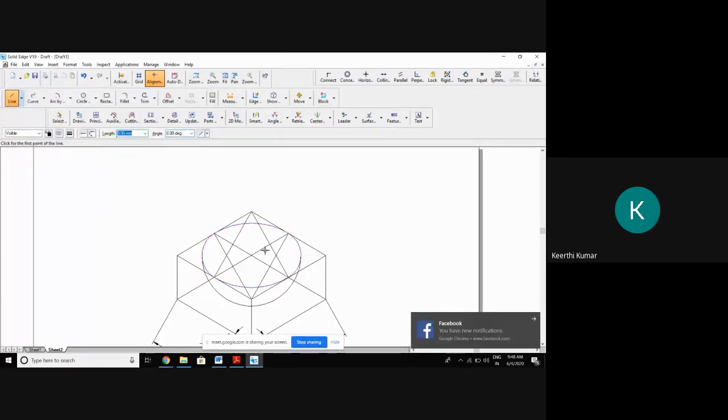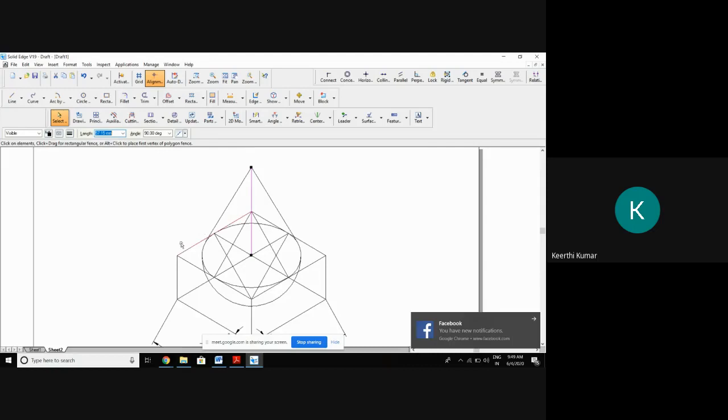So just raise the height first. From here, what is the height I am supposed to write down? 70 into 0.8164. I got the height. Then from here, just connect to the tangent. Done. I'll make it visible. How to make it visible? I'll explain. First, you make it with a thin line. From this center, I have raised the height of 70 into 0.8164. I connected to the tangent.